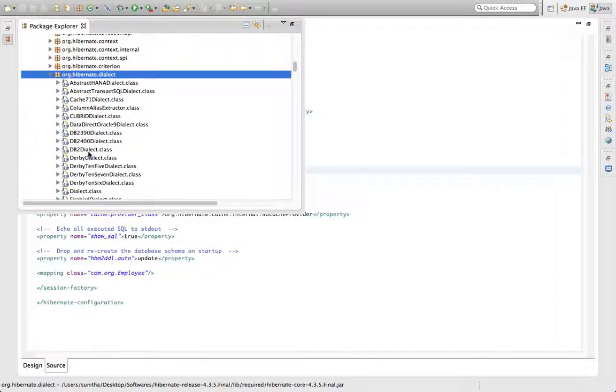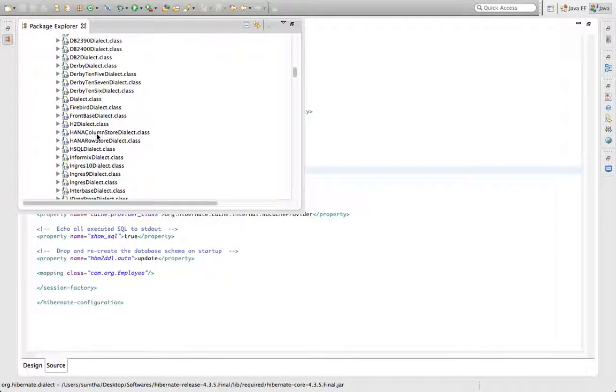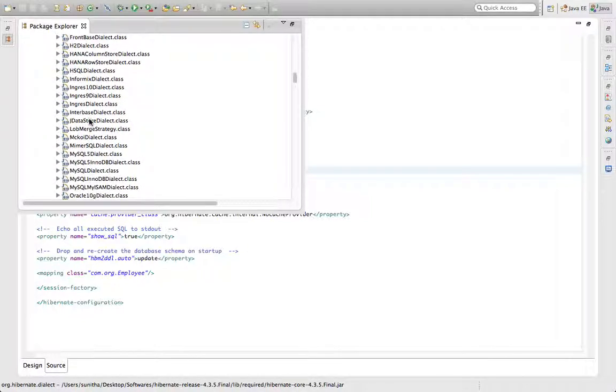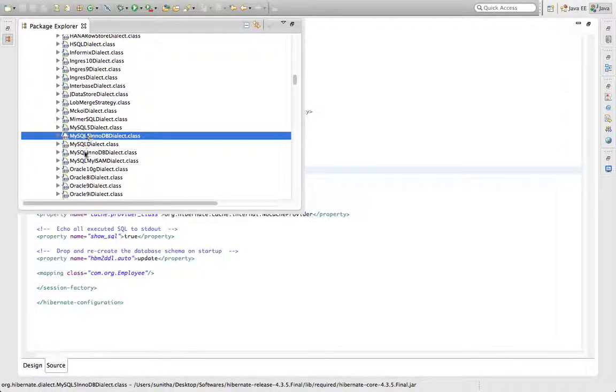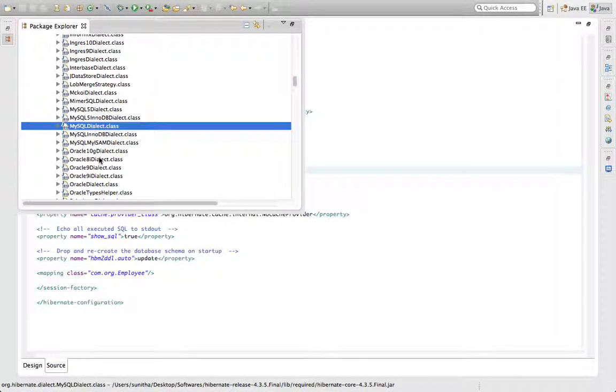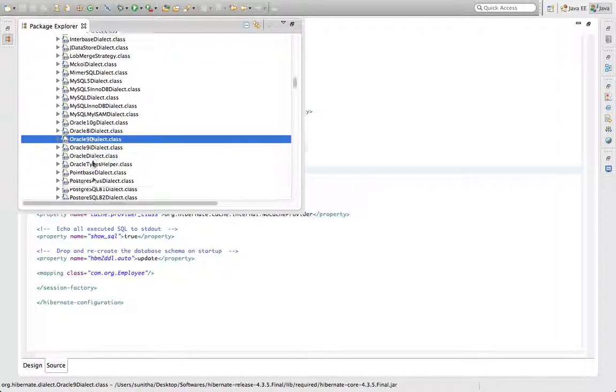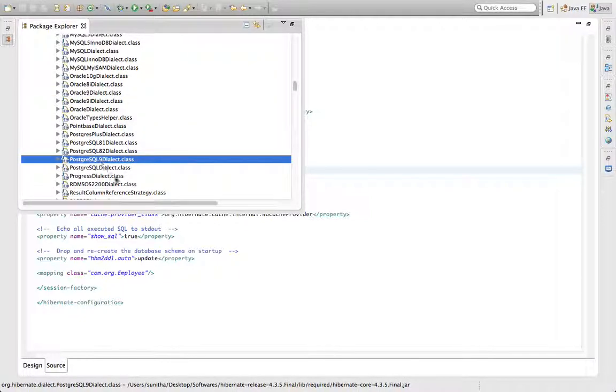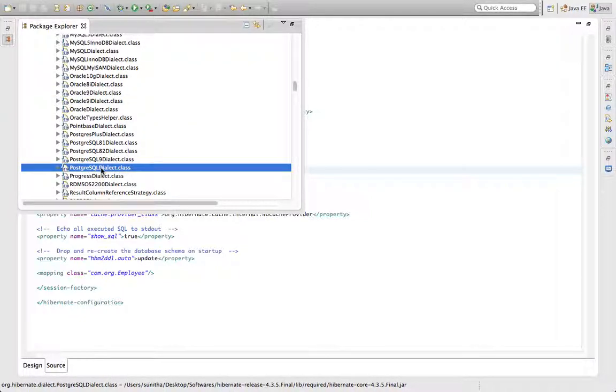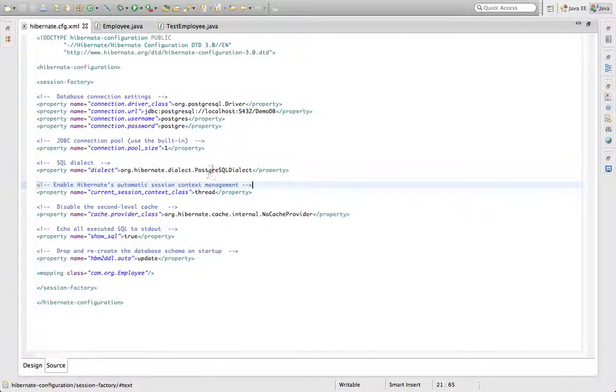See, here we have everything. These are the dialects for MySQL. This is the dialect for Oracle 10g, 8i, 9, like that. For Postgre, we have PostgreSQL9Dialect and PostgreSQLDialect. Now I used this dialect to work. This is the one.